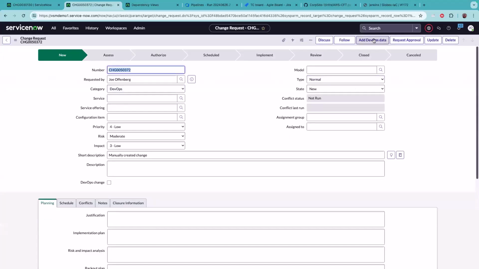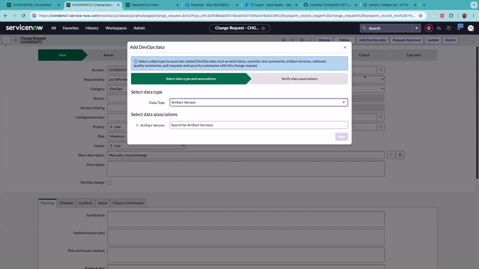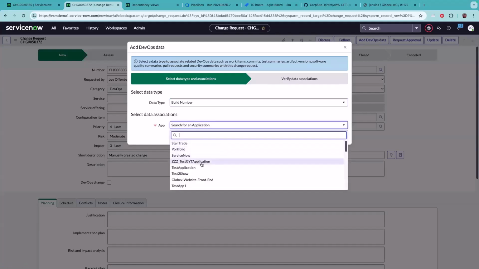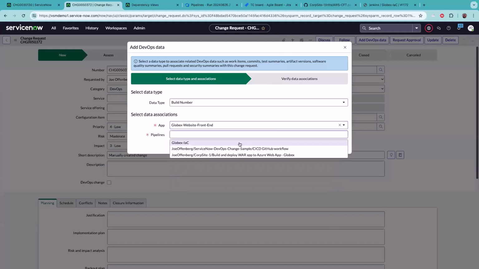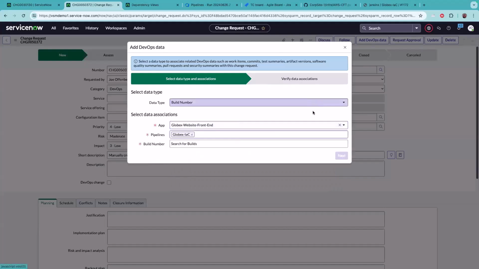So even if you're not automatically creating the change, I could, if I know I'm deploying something that was built through, I guess you do need pipelines, right? Because if you're building your application with pipelines, you're going to have build numbers, and you'll be able to pick a certain application and say, hey, we're deploying this application from this pipeline. Or you could do it by artifact version. As long as the data is in the platform, we're